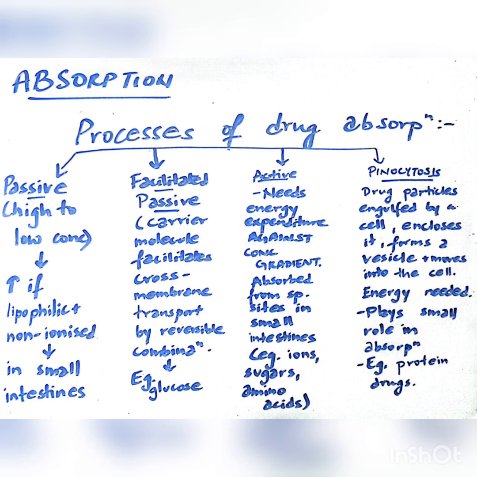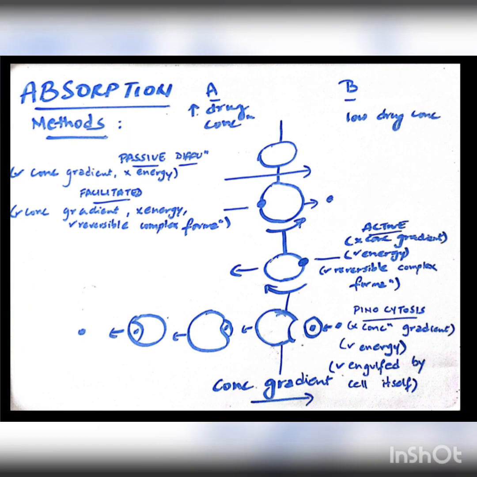Again, any sort of transport that happens against the concentration gradient, so going from an area of lower drug concentration to a higher drug concentration, such as active and pinocytosis, usually needs the expenditure of energy for this step to happen. So I'm just going to give you guys a quick diagrammatic view of this so you can easily understand it. If we consider area A to be an area of high drug concentration and B of low drug